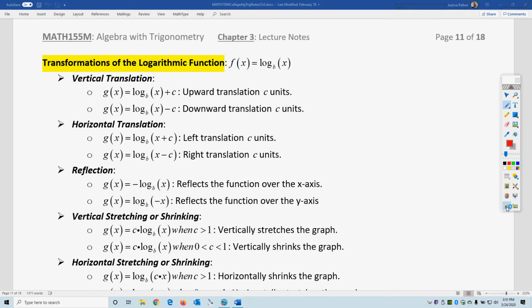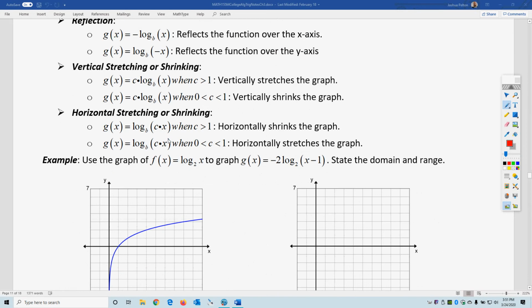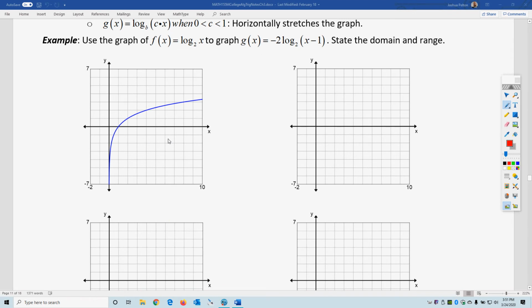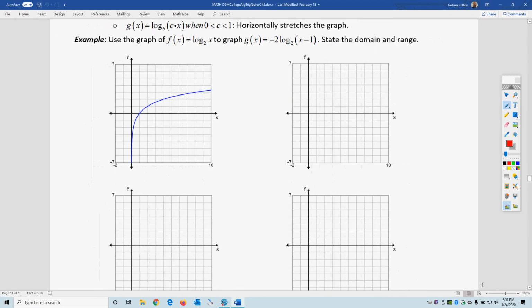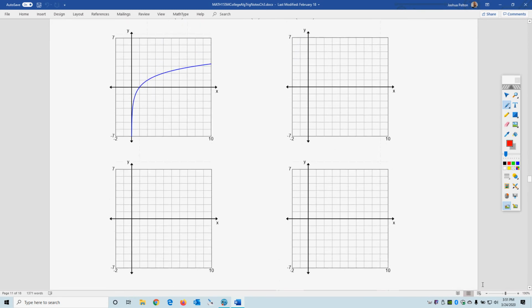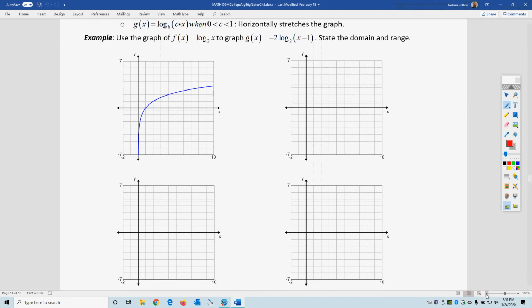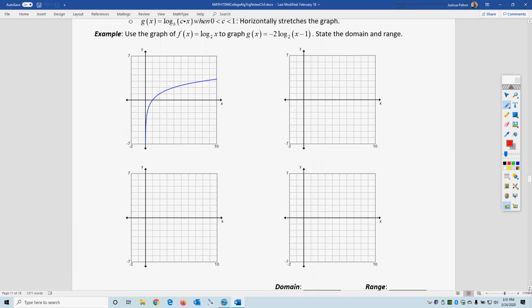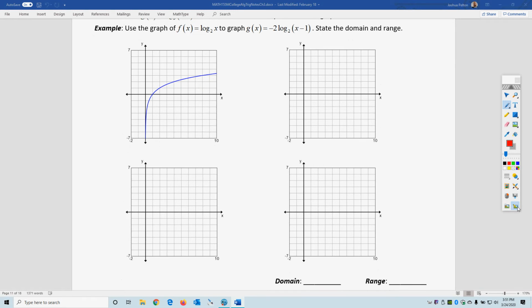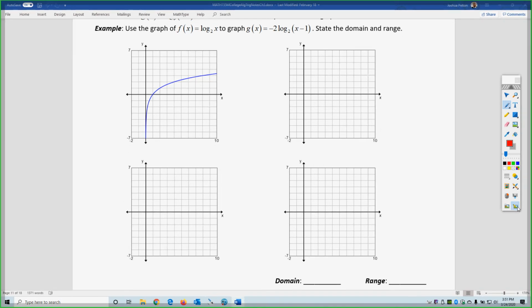Okay? And clearly this has an inside and an outside. There's an inside for the x values inside a log for this one. Okay, I'm just going to change the scaling here a little bit. Okay, so if we go back and graph a standard log base 2 as we did before,